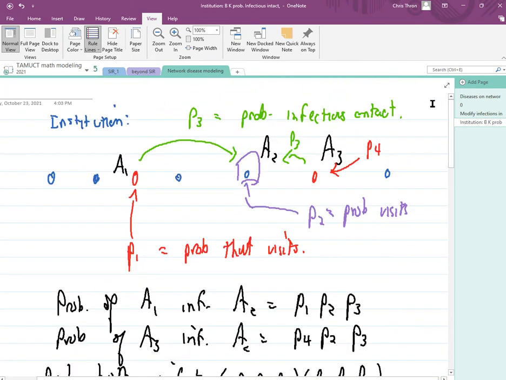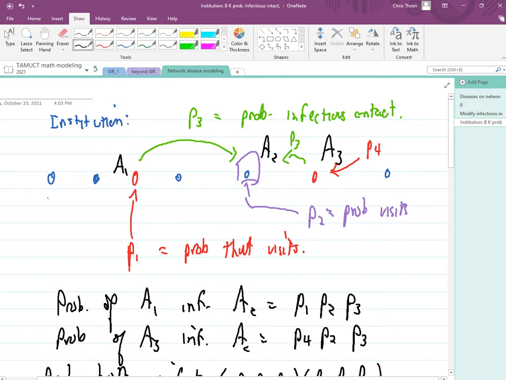So perhaps this one is agent 7. Let's just do this. This was agents 7, 4, 9, 6, 12, 15, and 24. If I selected the agents that are infectious, it would select 9 and 15. All right. So I would have a list, actually an array, of the 2 infectious agents, which would be 9